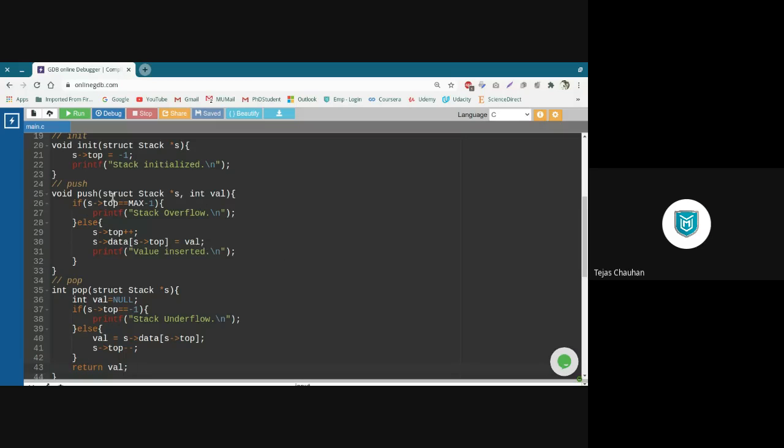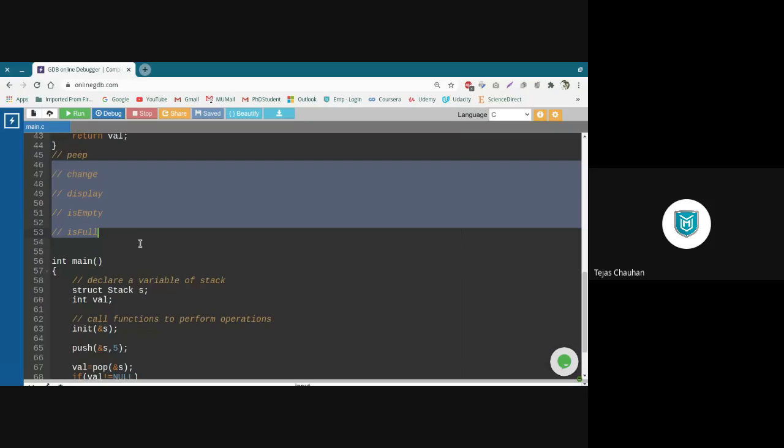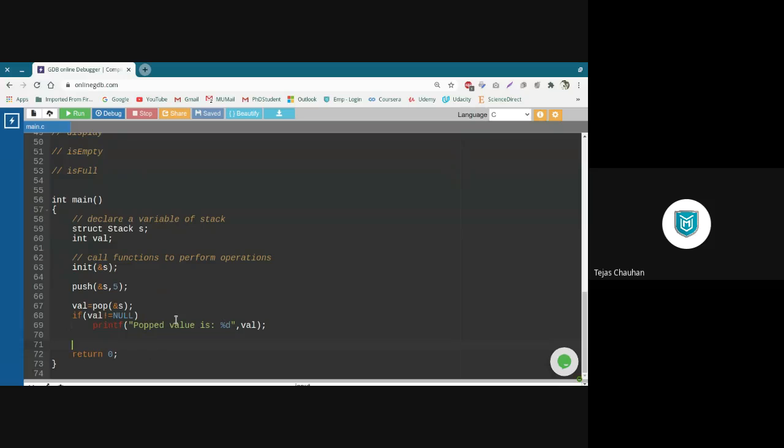So we have completed 3 operations: init, push, and pop. And likewise, we can complete all these functions and call them to test. But let's say I want to test it thoroughly, I want to go for random operations.